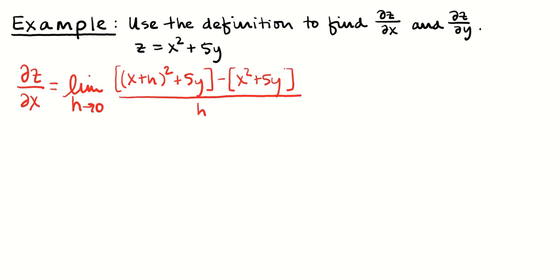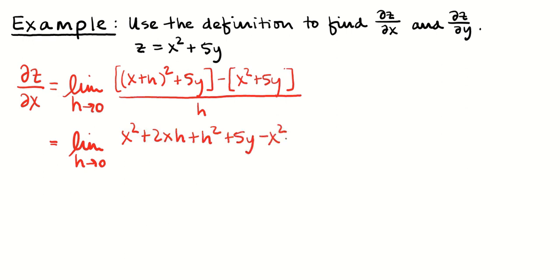When I actually square x plus h, I'm going to end up with x squared, 2 times x times h, and an h squared. So 2xh plus h squared plus 5y, and then I'm subtracting an x squared and a 5y. So those things are gone, these things are gone, and I'm dividing this by h. And so what I'm left with is